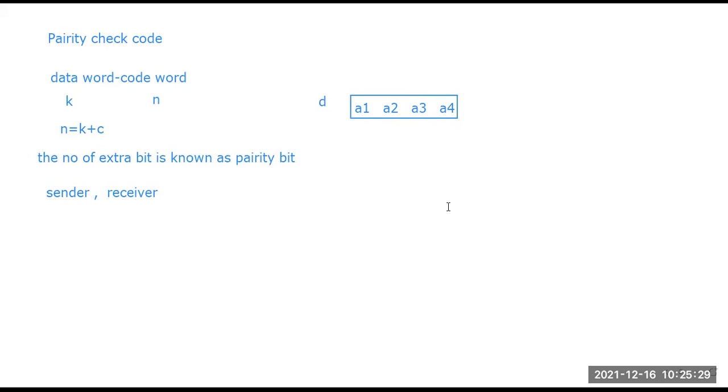Now a parity bit will be added here, and it is converted to a code word, and then it is transmitted as the code word.